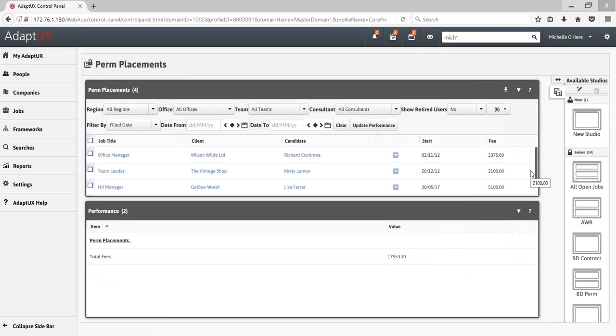But you might look at them and think, do you know what? I want to see my new candidates, but I want to see my new candidates compared to a list of all of my open jobs in one place. So yep, you guessed it, you can build your own studio. So if we hover on this little cross button, you can see creating a studio. So clicking on that,